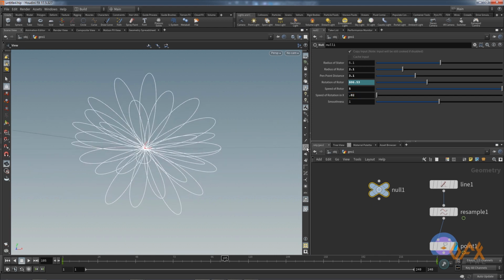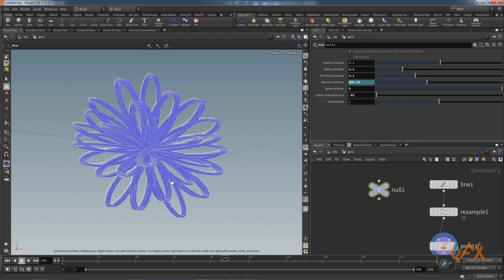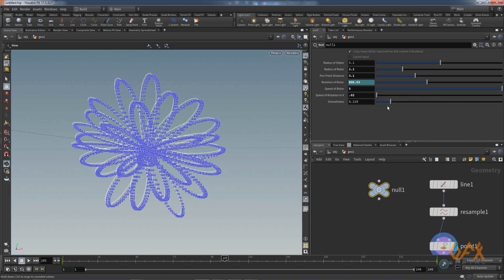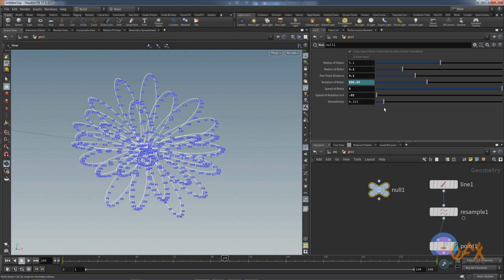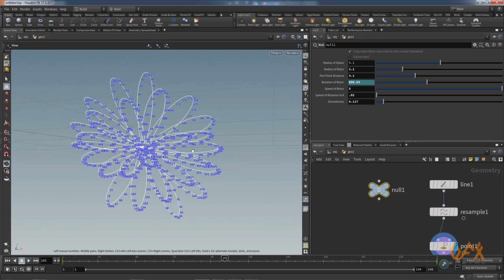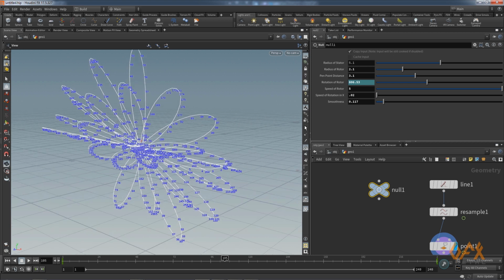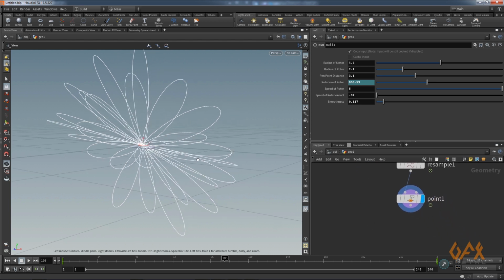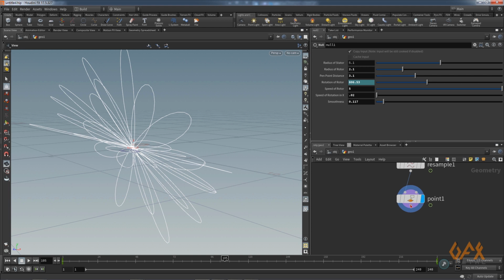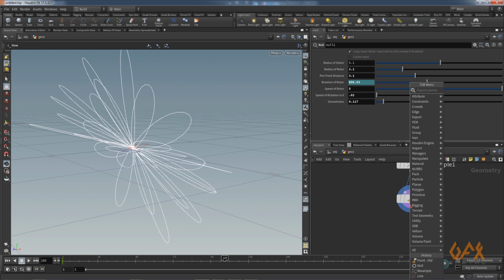Now see here, I select this thing and you can find so many segments. So I decrease the smoothness, and with the same spirograph you decrease your segments, and whenever you feel that this is enough segments, you can set it like this. Okay, so through all these controllers you can easily design your spirograph. Now you need some thickness for that. You just right click over here and I apply polywire.